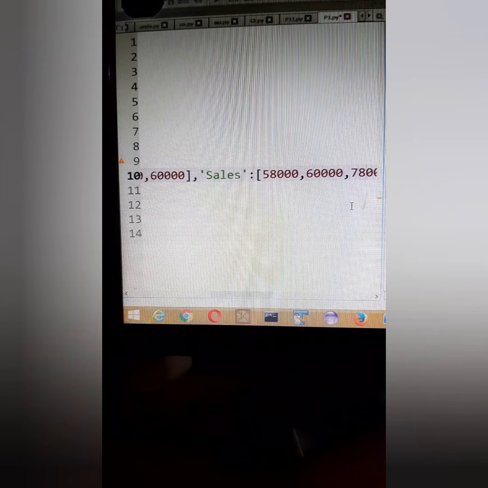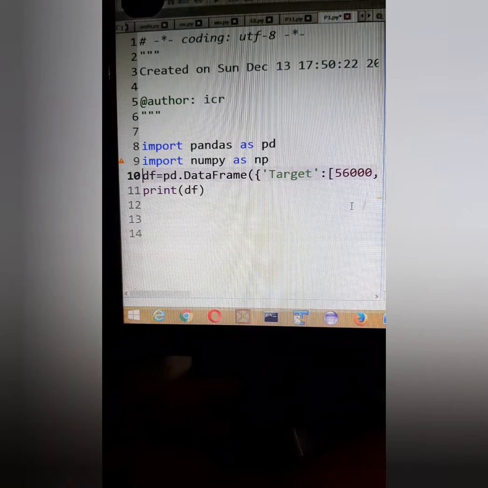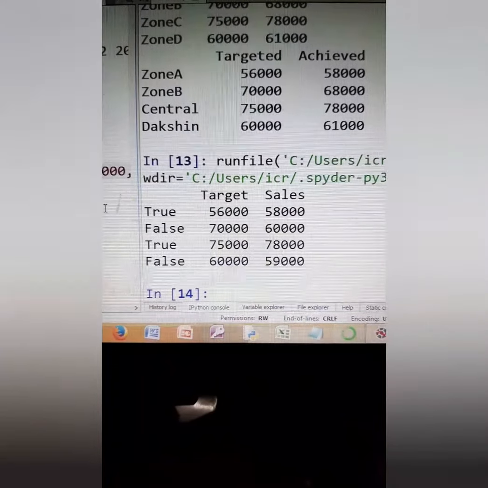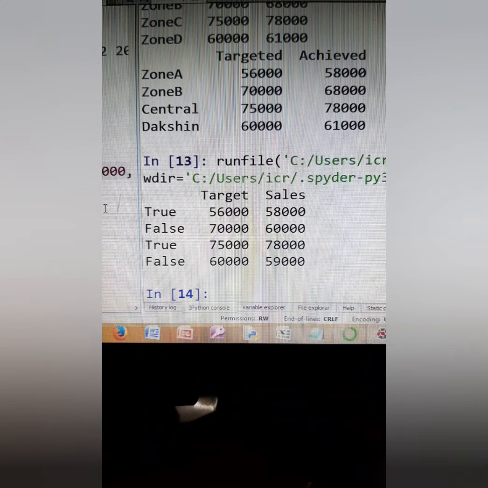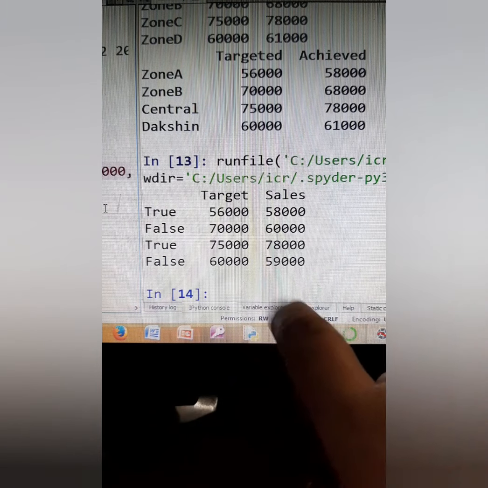And the last one was also having false. False means we did not achieve the targeted amount. So instead of 61,000, I'll write here 59,000. Now if I print my data frame, it's going to give you true, false. Why? Because the sales were less than the targeted amount.